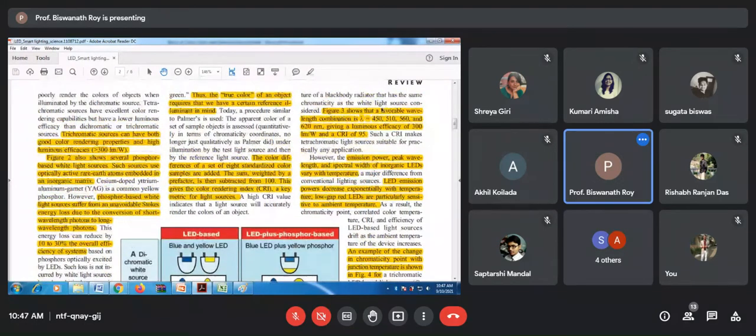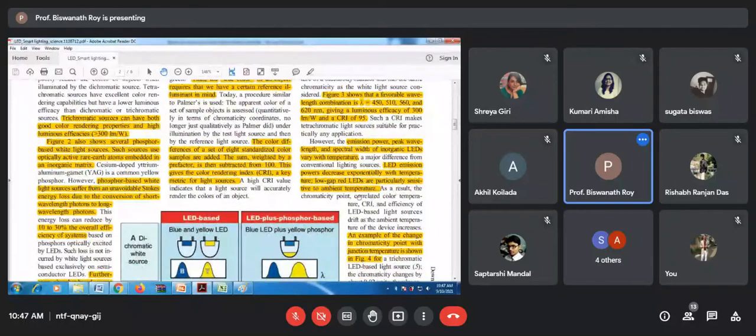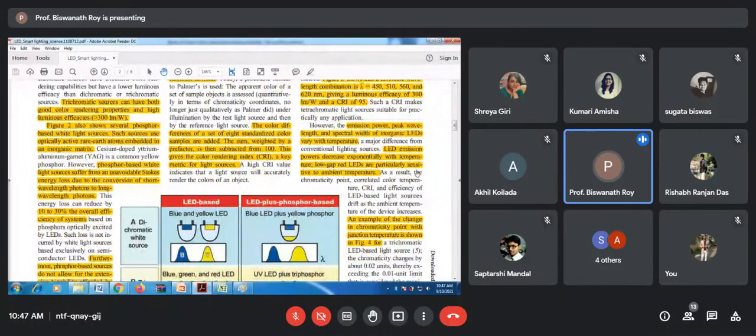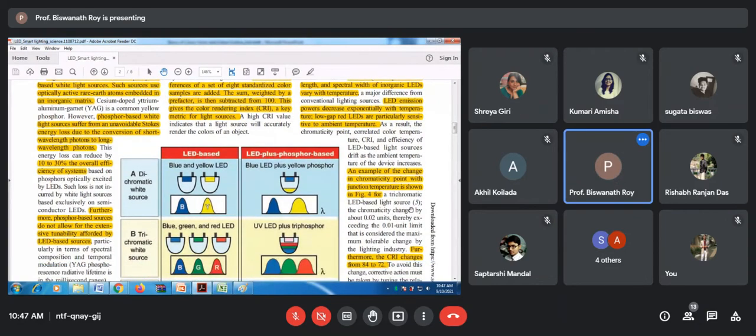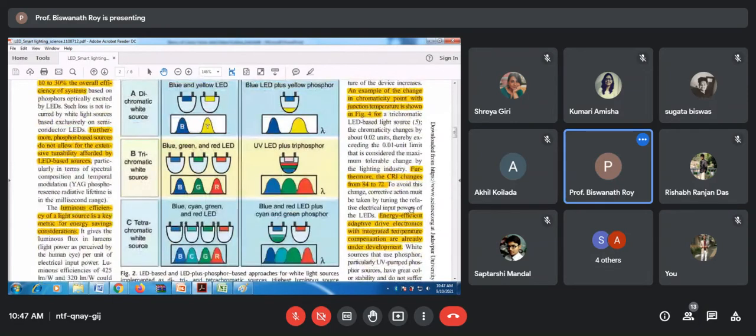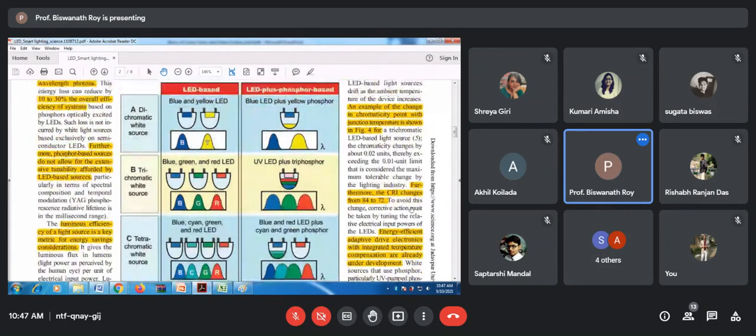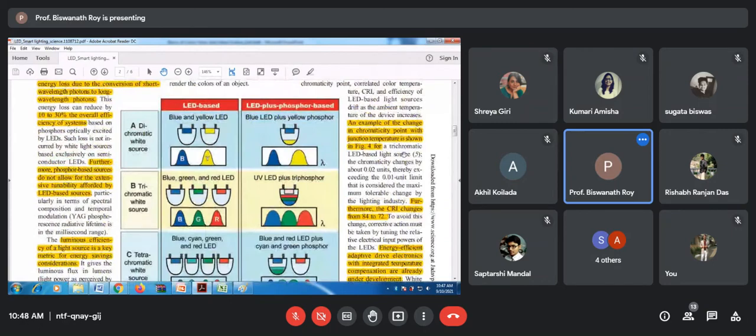Not only lumen output reduces, the color also shows some shift. This is what is called chromaticity shift. As a result, the chromaticity point, the chromaticity is the color coordinate, right? I will tell you briefly. CCT you know, and CRI, right? Okay,